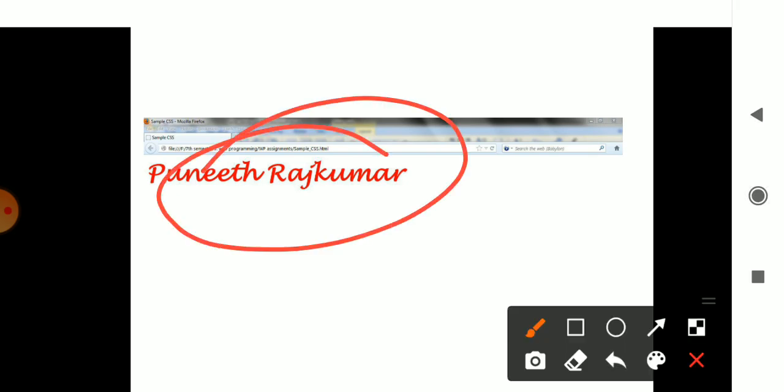This is a CSS file which you are running. Okay, the CSS file style1.css is being considered. So whichever file it is, that is sample.html which you are saving, when I open that file in Chrome, it will have this output, that is Puneet Rajkumar. This styled output is seen.